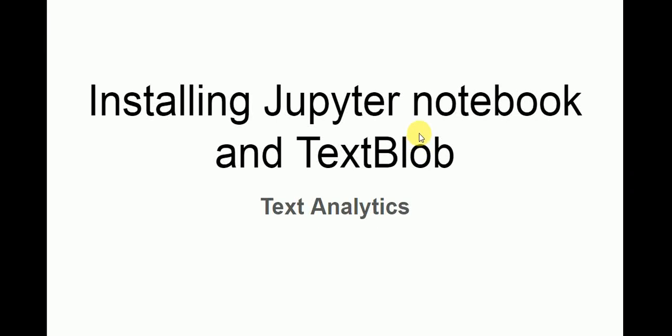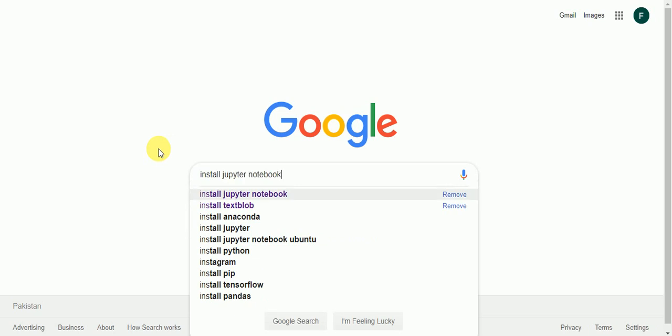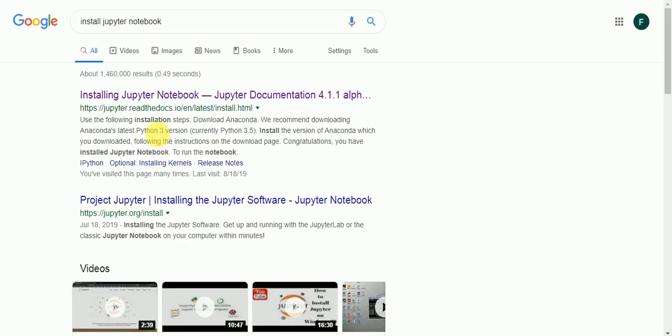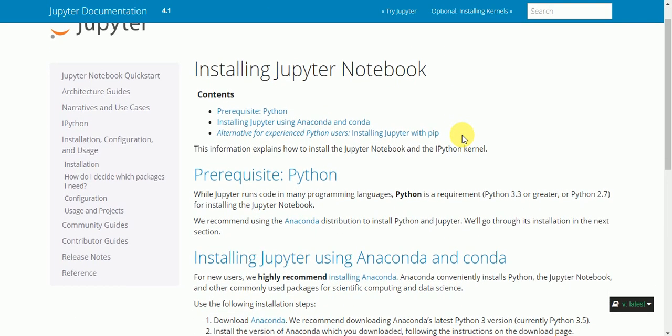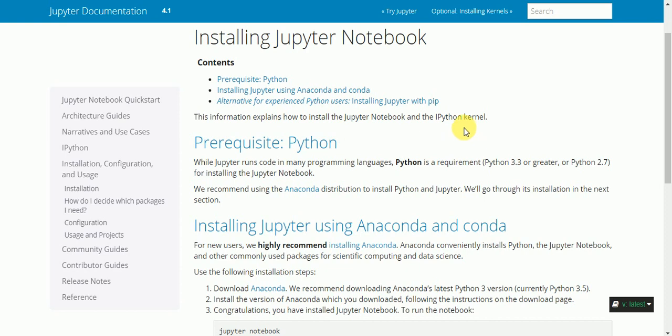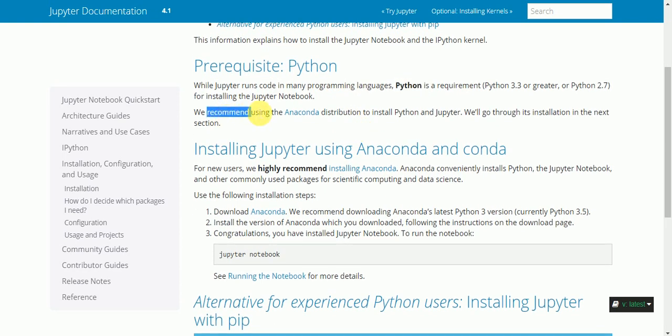In this video, we will be installing Jupyter Notebook and TextBlob. First off, go to your search engine and search install Jupyter Notebook. Go to their official site, which should be the first or second link, and on this site you should find instructions for installing. So here they are saying that Python is a prerequisite for Jupyter Notebook, and they recommend Anaconda